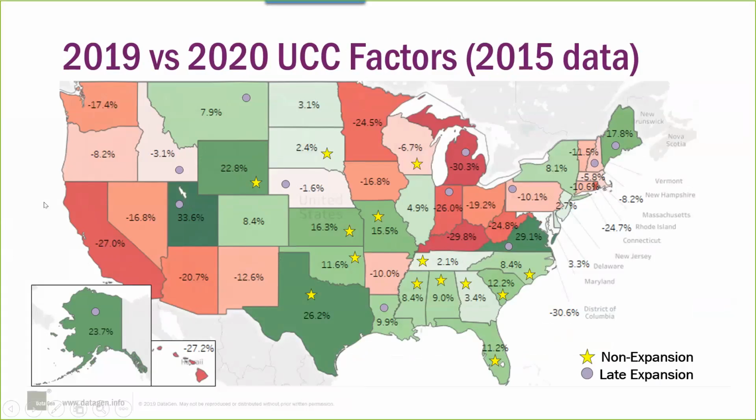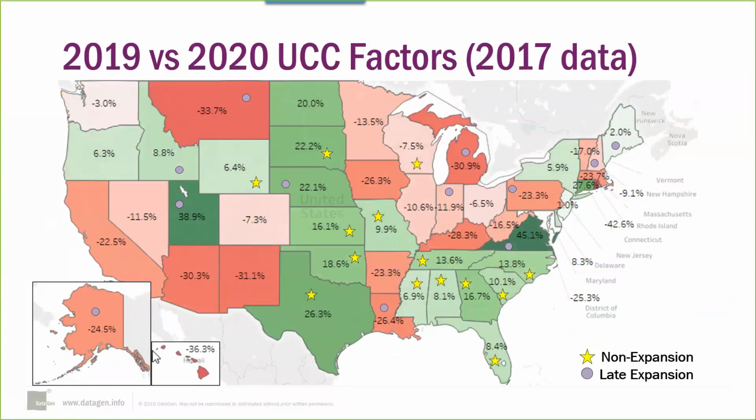You see Montana being at roughly an 8% increase for using the 15 data, and Alaska about a 24% increase using the 15 data. If CMS were to use the 2017 data instead, there's a major decrease there. Montana would see a 34% decrease instead of the increase that they would have seen otherwise, and Alaska a 24.5% decrease instead of their fairly large increase. Other states do have swings as well.